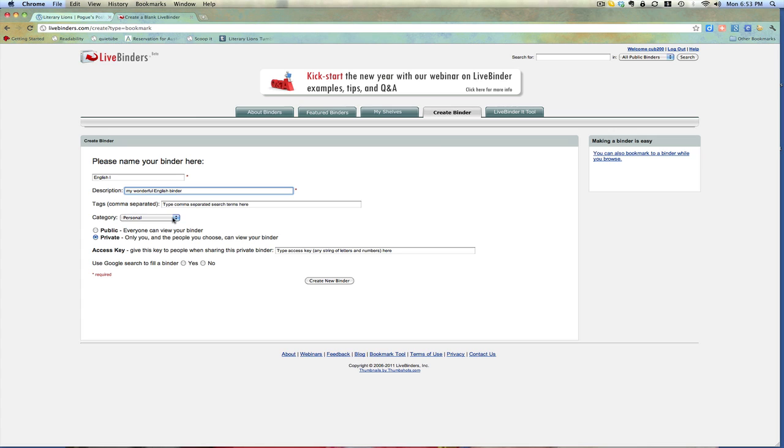Tags, don't worry about those right now. The category, you can see you've got a whole lot of different ones here. I would just call it personal, that's fine. You want to keep it private. That is the default, so just leave that there. And you can set a key here if you want to give access to someone else, like me. So when you send me an email, you'll just have to tell me what the key is to share your binder. And Google search to fill a binder, no, let's click no on that because we're going to be filling